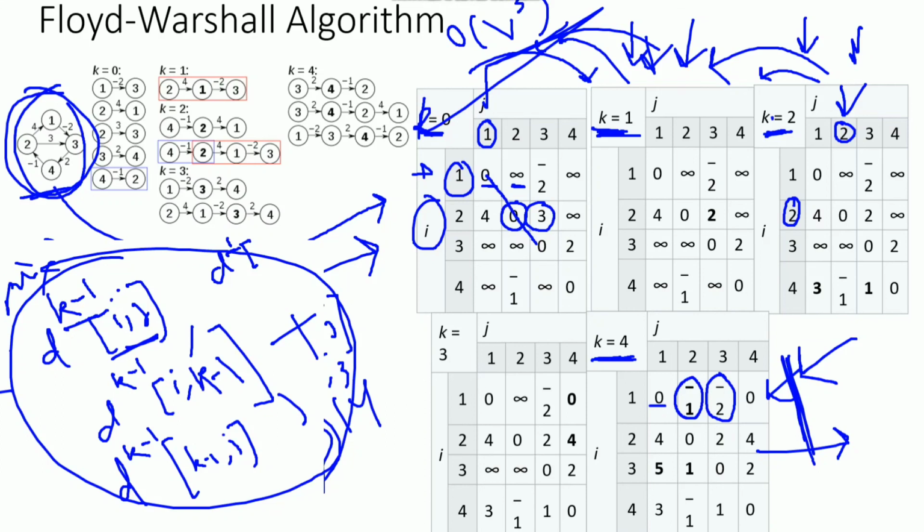So cycle means if you are starting from a vertex and you are reaching that same vertex, your I will be the vertex V, and you are reaching that vertex, that is J, it's also vertex V. It means the diagonal part. So after computing this algorithm, if in the diagonal part there is any negative value, it means that there is a negative weight cycle. So this algorithm will fail if there is a negative weight cycle in a graph.